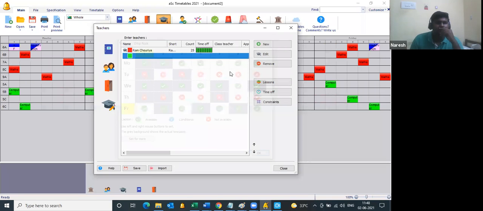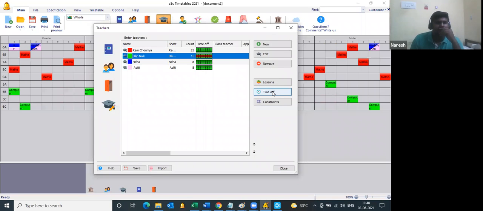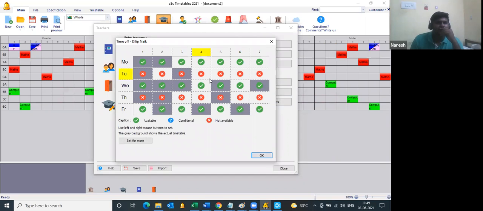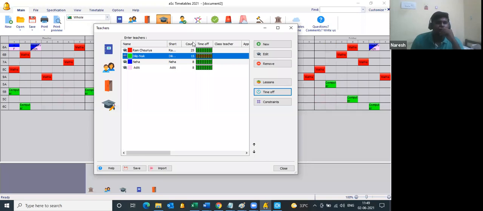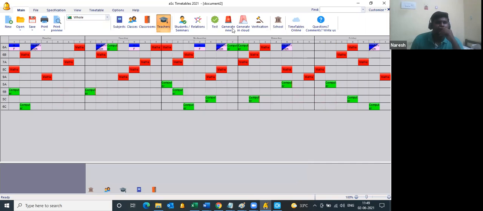So you should also understand that this teacher comes for 3 working days only. So with 3 working days, 7 threes are 21, the teacher can handle a maximum of 21 periods. And you see in this allocation, the count says 15. So the teacher can have a maximum of 21, so 15 is fine. Now if you generate it,